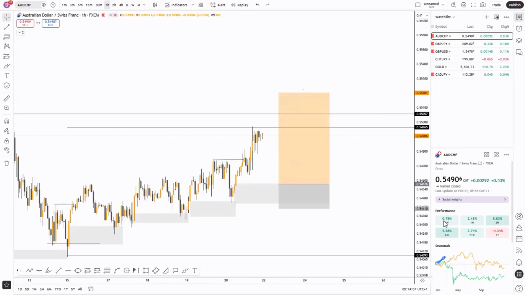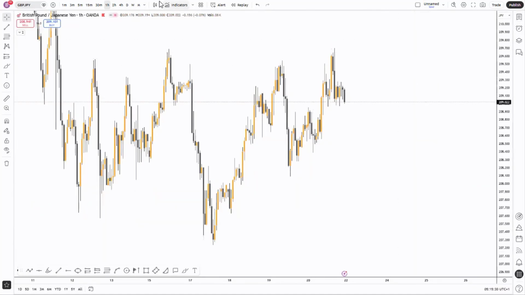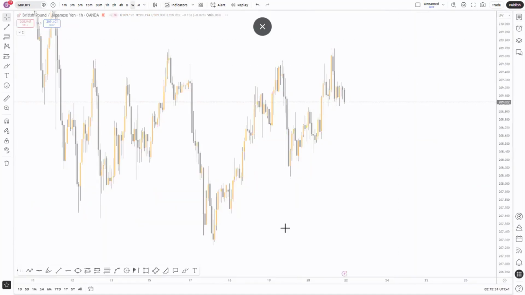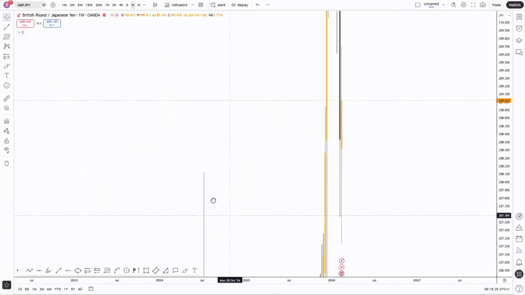You can see we have 1 week, and they are all greenish here. It shows you that the strength of this pair is very, very strong. The bullish momentum is very, very strong. So once you see that it is all green, look out for buys in the market. If it's all red, look out for sells in the market. It will help you. It's JPY, and going to the weekly time frame,